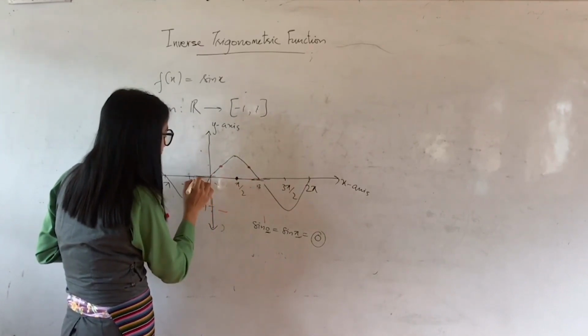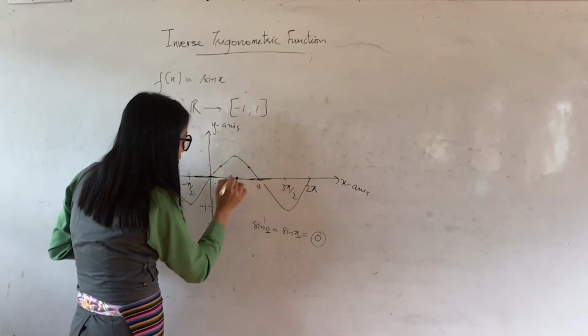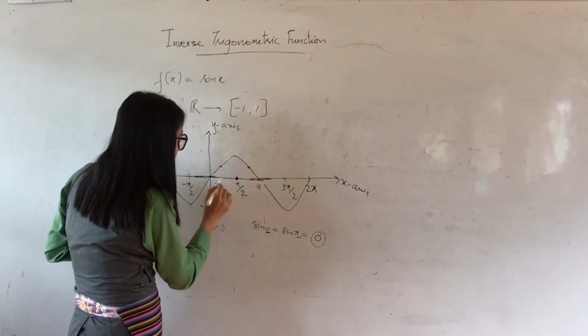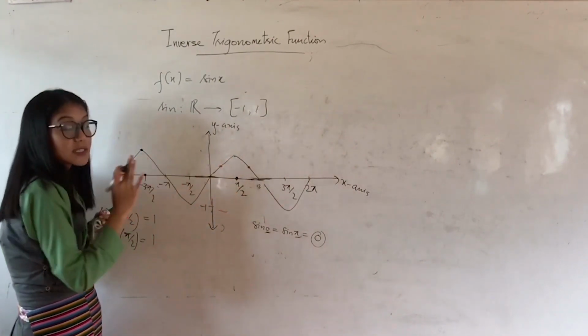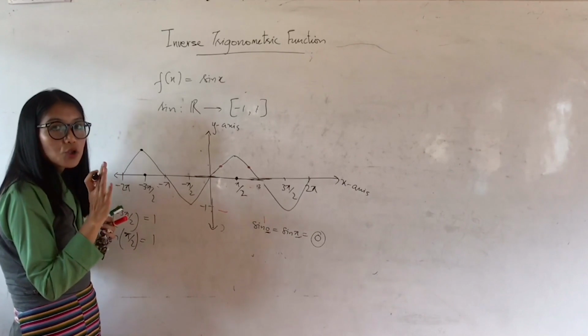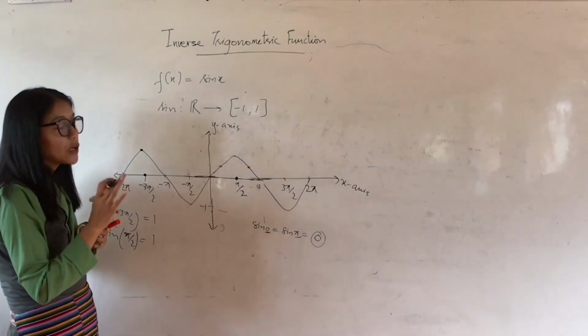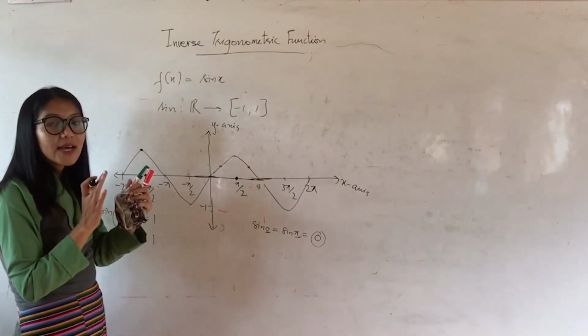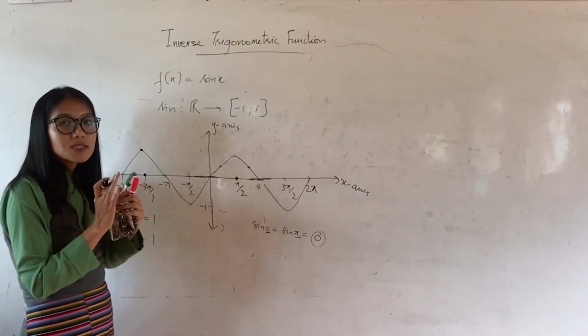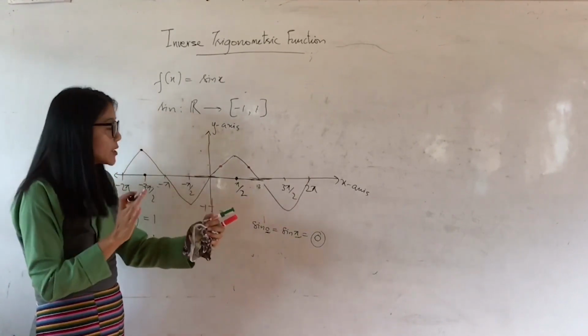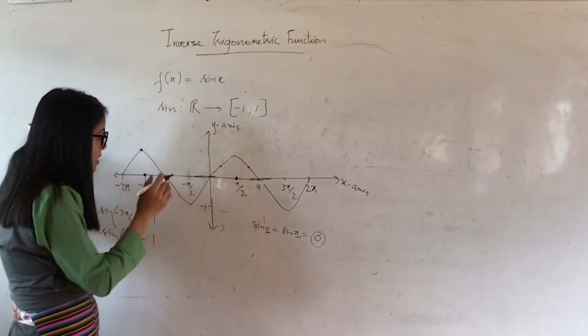Now please, you should know why I am restricting my domain of sine into smaller intervals, so that I can find sine inverse. Right now my objective is only to find sine inverse in certain intervals, since we cannot find that in the set of all real numbers. So that's why I'm restricting the domain.